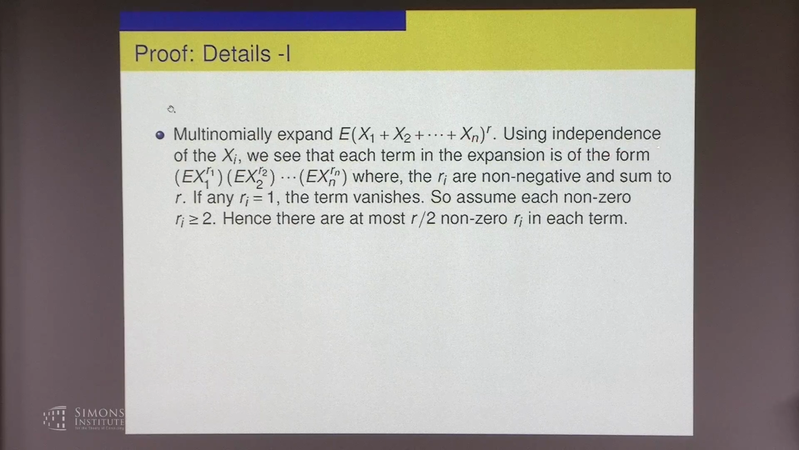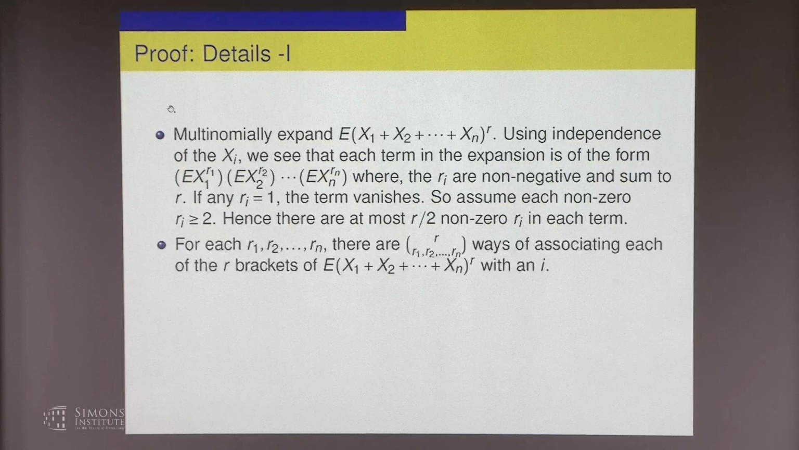I should mention that we are using independence, of course, to say that it's a product of the expectations. And this use is the same as the moment generating function method. Also, it's a product. The Ri are non-negative and sum to R. If any Ri is 1, it vanishes. We saw that. There are at most R over 2 terms. And all the association of brackets with terms happens in this